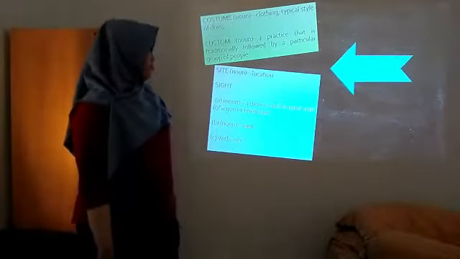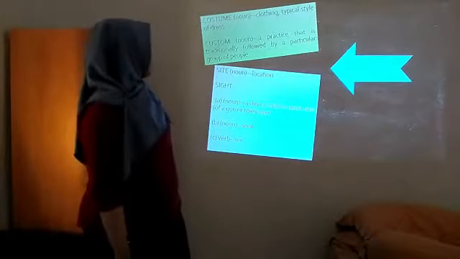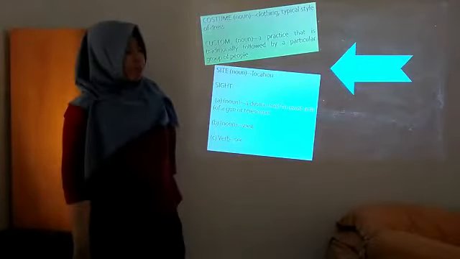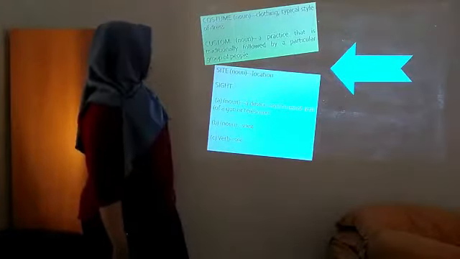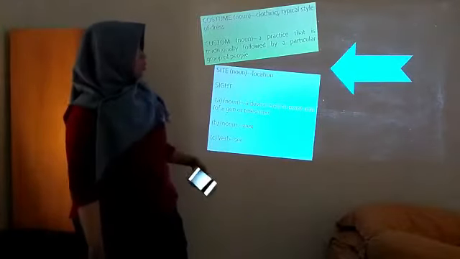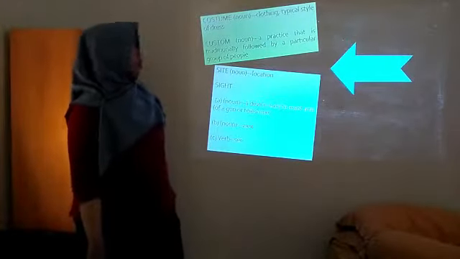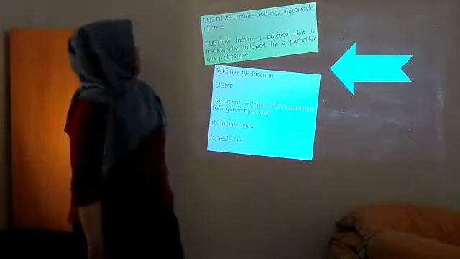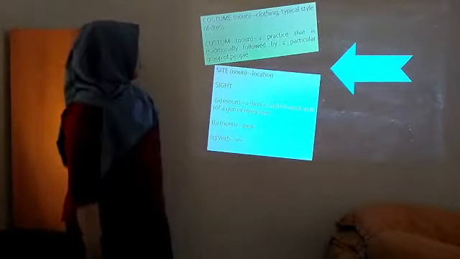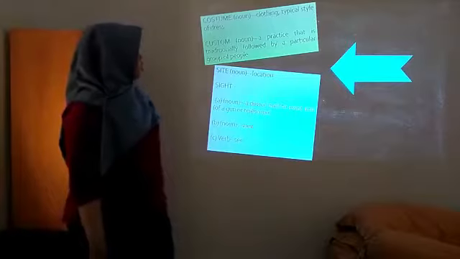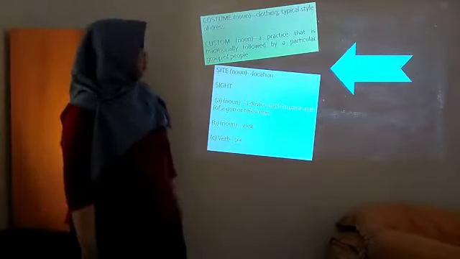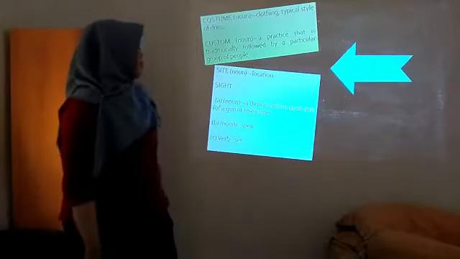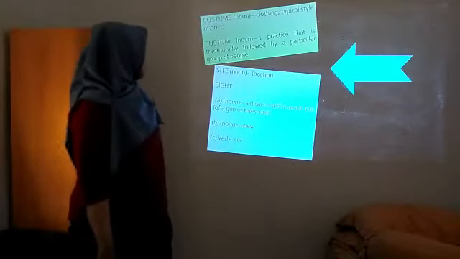the first type is costume and custom. Costume is a noun that means clothing or a typical style of dress. And custom is a noun that means a practice that is traditionally followed by a particular group of people. And the second is site